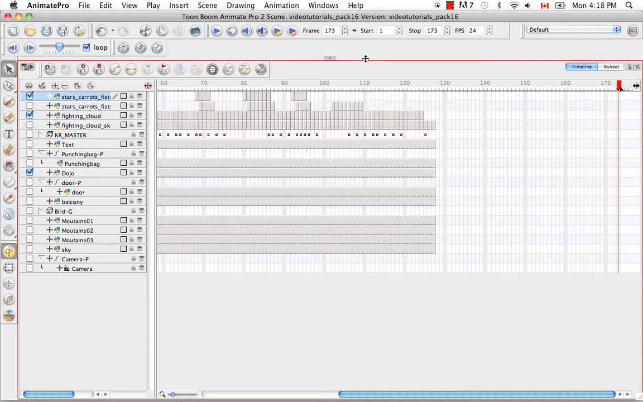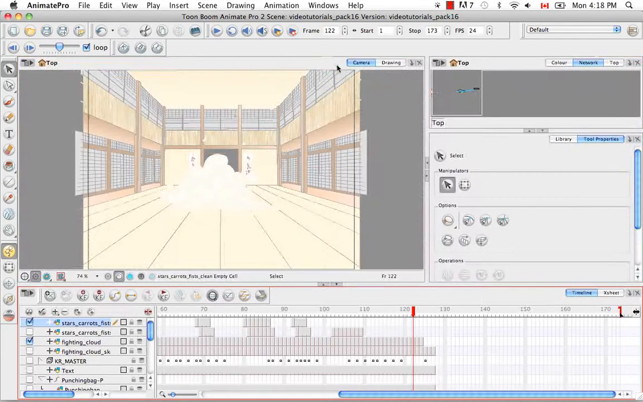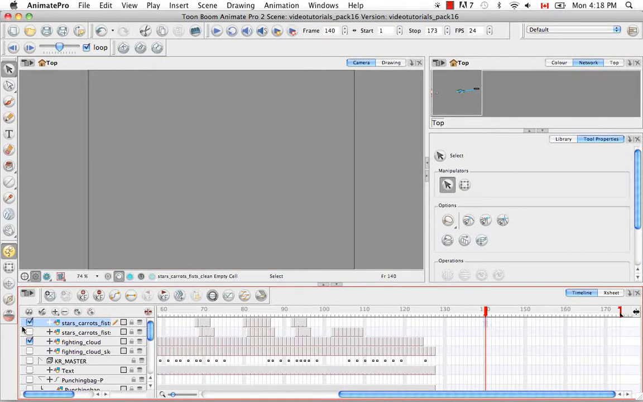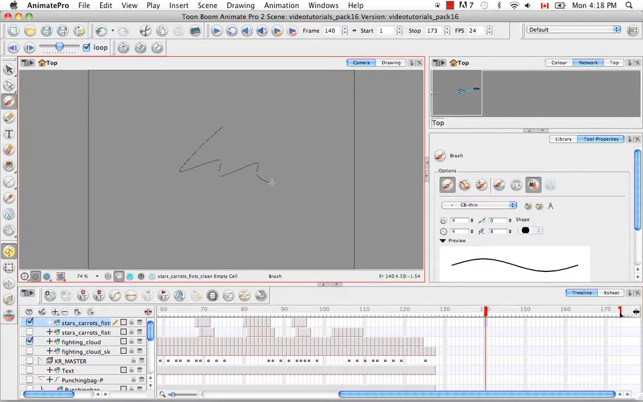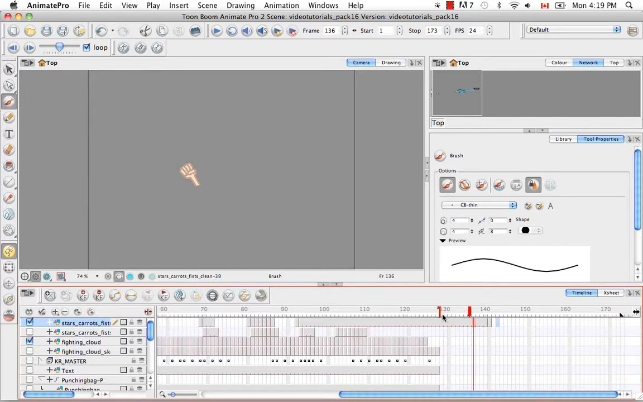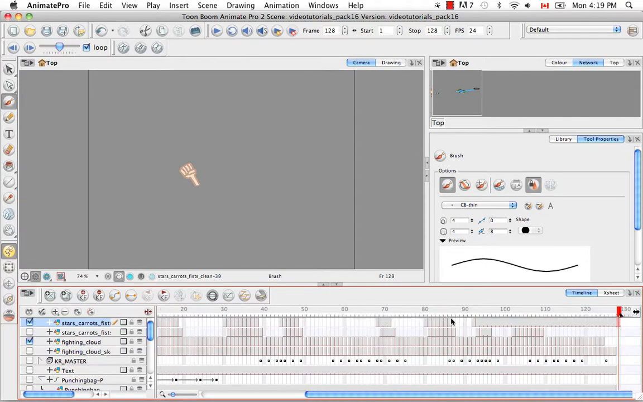So deleting frames is also quite simple. You can reduce the number of frames you have, once again, by bringing this red bracket across. But I'd like to show you one thing. If I bring my red playhead to frame 140 of the Stars, Carrots, and Fists Clean, and I draw something there, you can see that a new drawing has been created, as you can see right here. Then if I drag this red bracket past that new drawing back to frame 127,